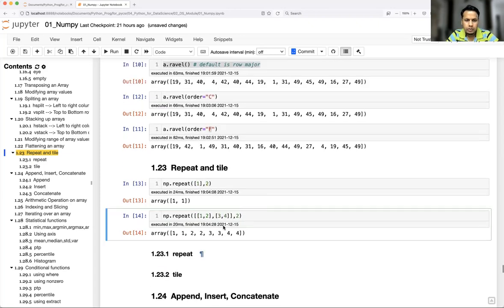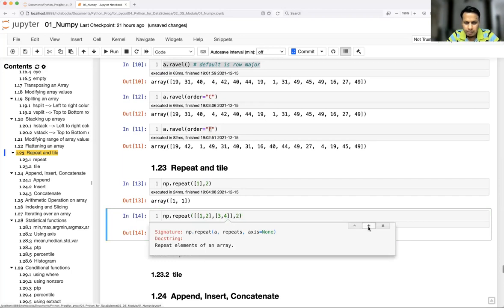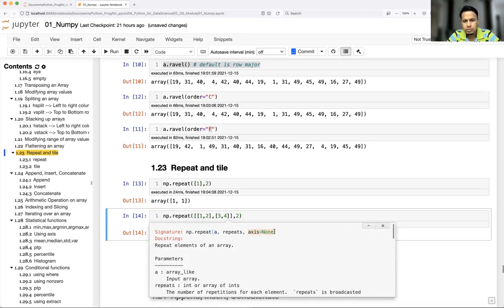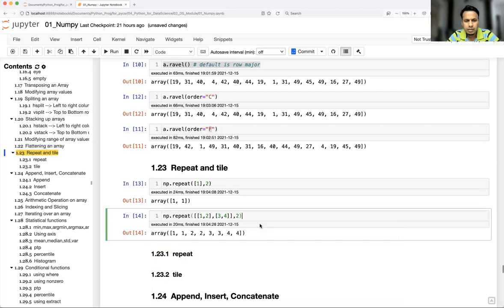See here what it is giving. If I repeat 2 times, every element will get repeated 2 times. The first element will be repeated 2 times, then the second, then the third, and the fourth, and so on. Correct. By default, I'm not giving axis, so it will flatten the array and repeat all the elements.